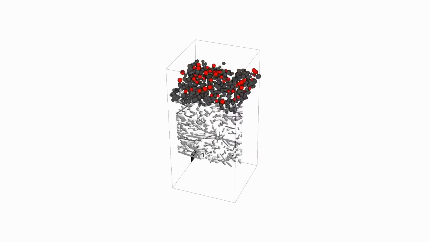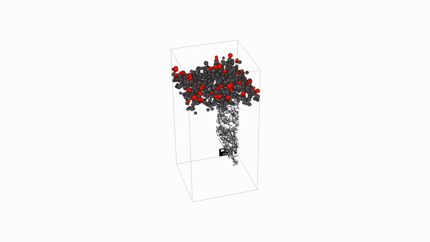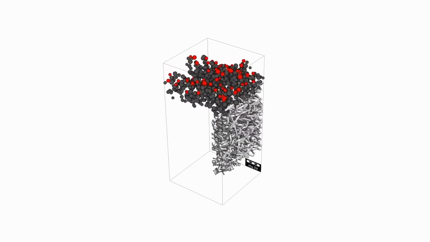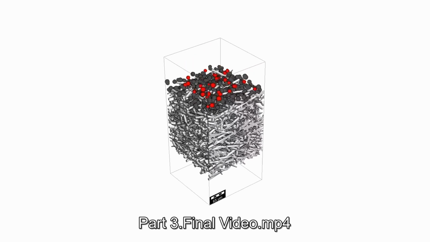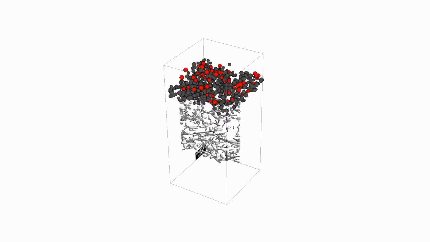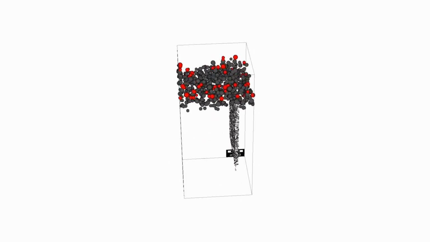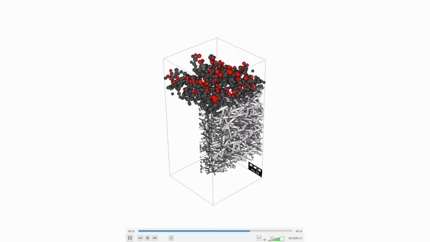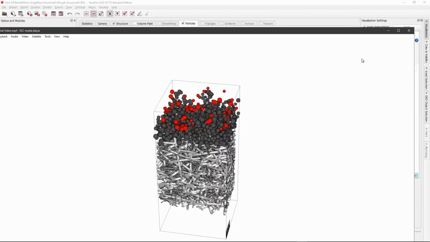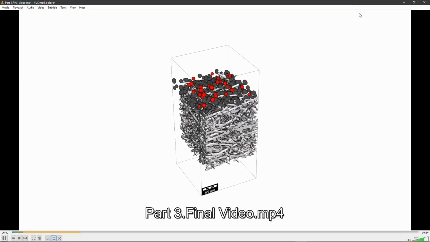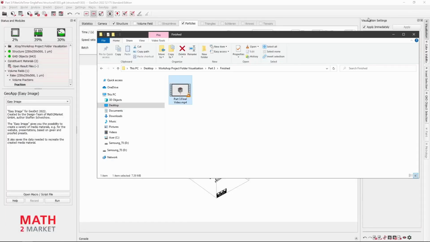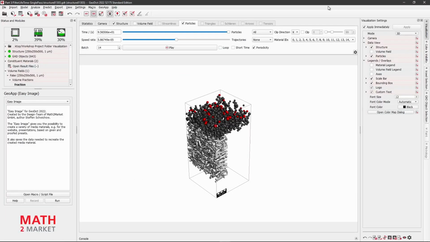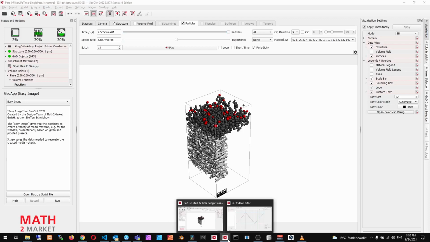We see our filter media rotating around its Z-axis as it is cut in the X direction. During this process, the particle deposition is also animated. What we need now are the parameters for the rotation around the Z-axis and the playback of the particles. The clipping is already done by our preset. We first add the rotation around the Z-axis. We close the video again and go back to Geodict and directly to the video editor.